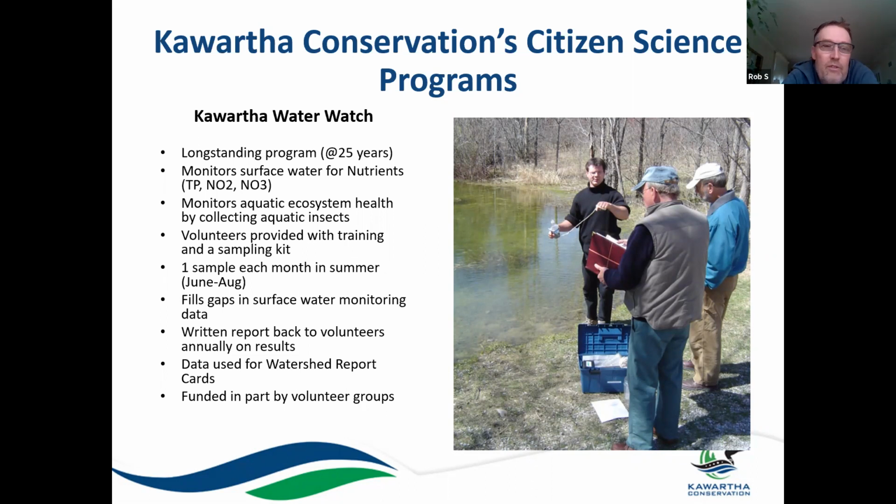Each volunteer is provided with a kit that lets them do their sampling. They're provided bottles that they can submit their samples to the lab in, and they're required to go out once a month in the summertime and collect water samples on a particular body of water or a stream. Each month in the summer months, that's submitted to a lab. And then at the end of the year, they're given a report on the data that they've collected over that year, as well as looking at the data that was collected in previous years and how it compares. So it helps us to look at trends in water quality as well.